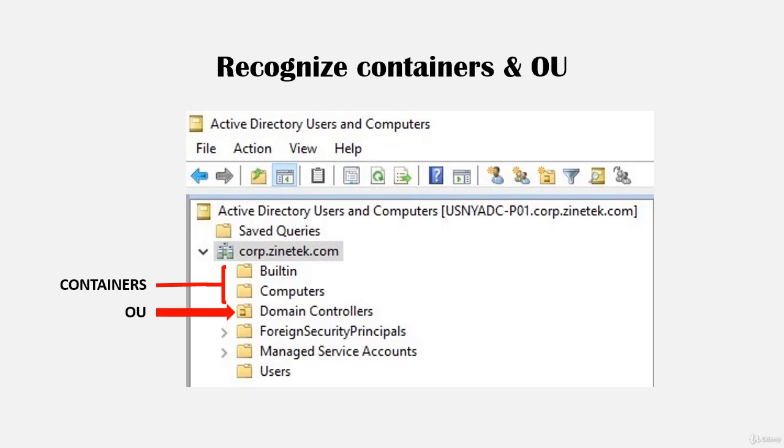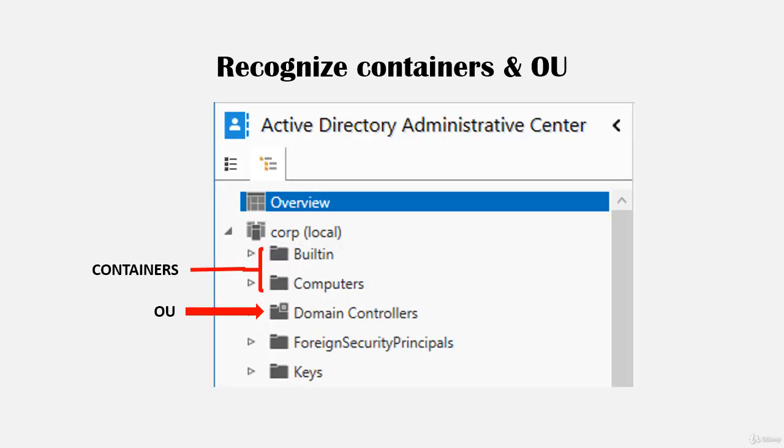Visually, you can make a difference between containers and organizational units. In the Active Directory Users and Computers tool, the organizational units have almost the same icon shape as containers, represented by a yellow folder, except that the organizational unit icon contains the Active Directory symbol inside it. But in the Active Directory Administrative Center, which is the future replacement of the Active Directory Users and Computers tool, the